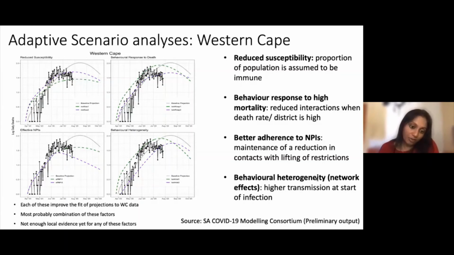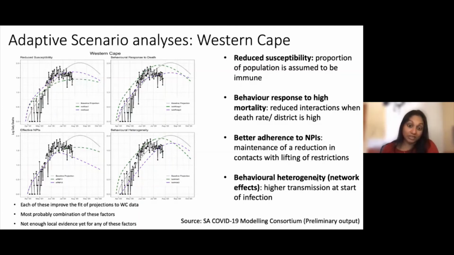The Western Cape, a province in South Africa with the first local epidemic, had an earlier than expected and lower than expected peak epidemic. And we were battling to understand why this might be the case. What could result in a peak of an epidemic being lower than projected and earlier than projected? And as a group of modelers, we set about considering different factors that could lead to such a pattern,